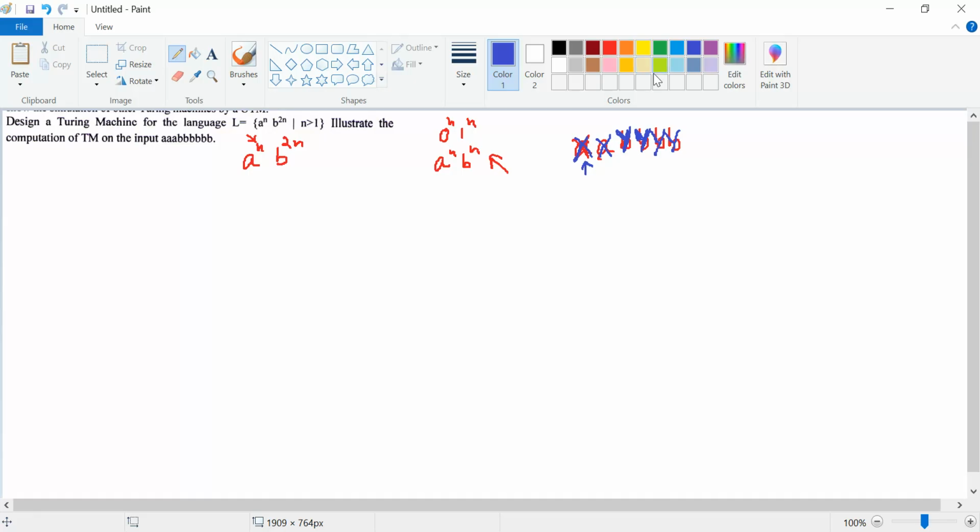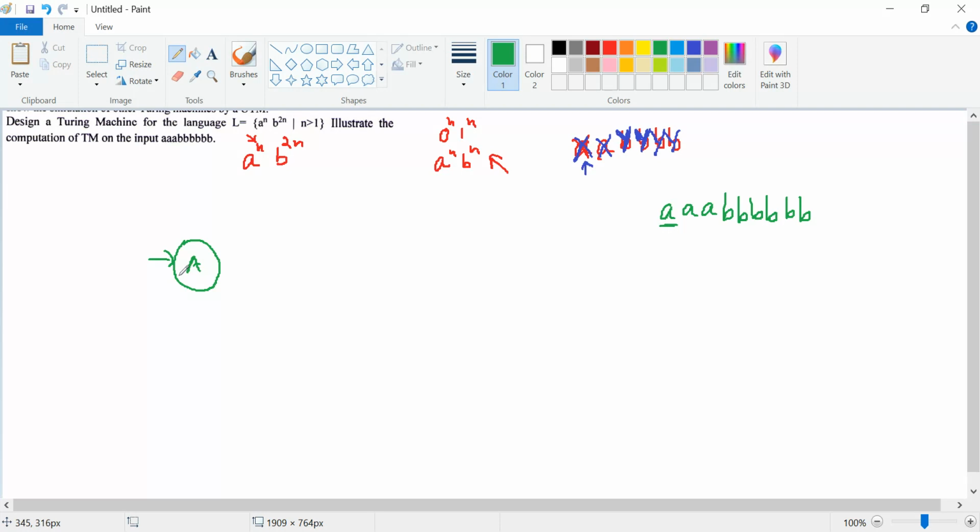Now, the Turing machine we can design using the same strategy. So here there is one slight difference. So we can start from our initial state. So we'll also write all the possible different scenarios, right? So in the question actually we are given three A's and six B's. So we can use